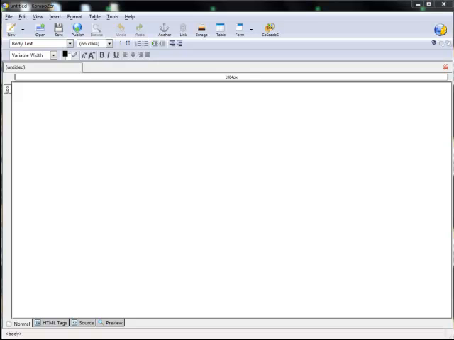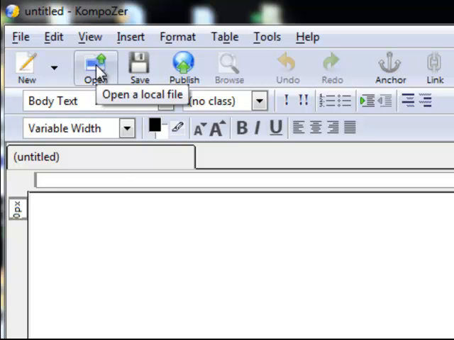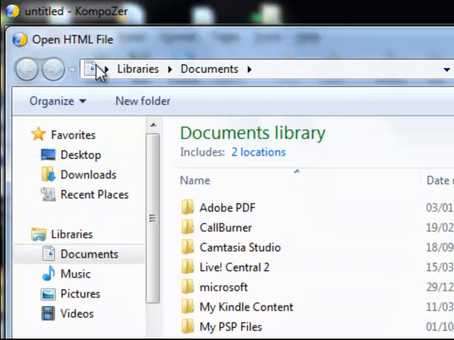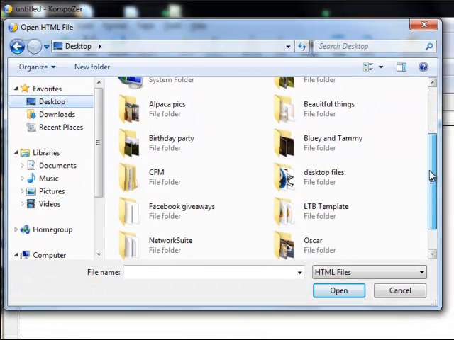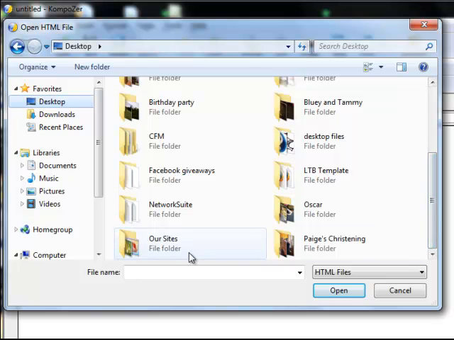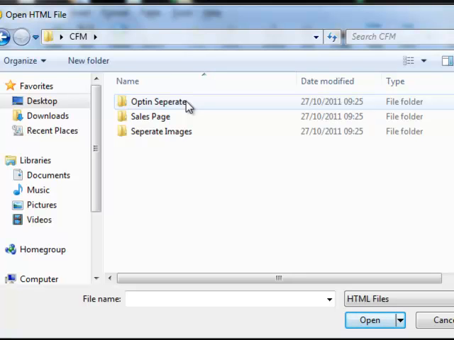I have already had my mini graphics designed by Planet Divinity, and I will now open the mini graphics site in my HTML editor. So I'm going to go to Open, and I'm going to go to my desktop, and I'm going to find the file. There it is there. So if I double click on it,